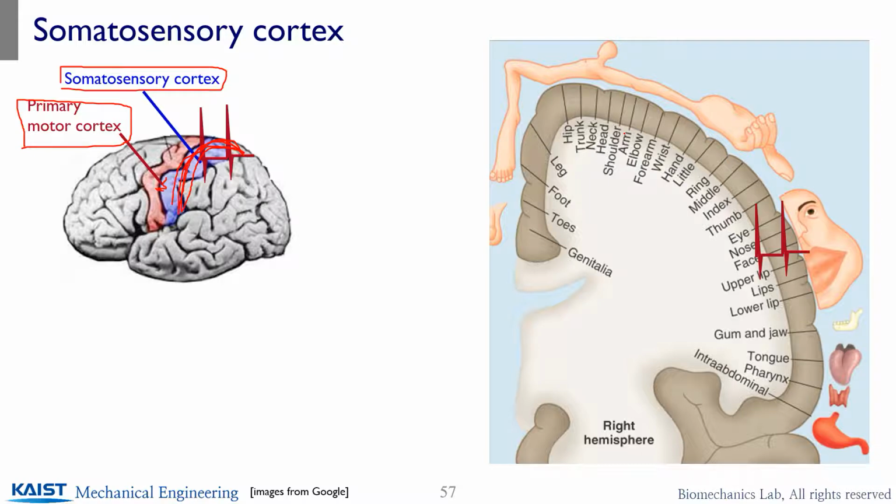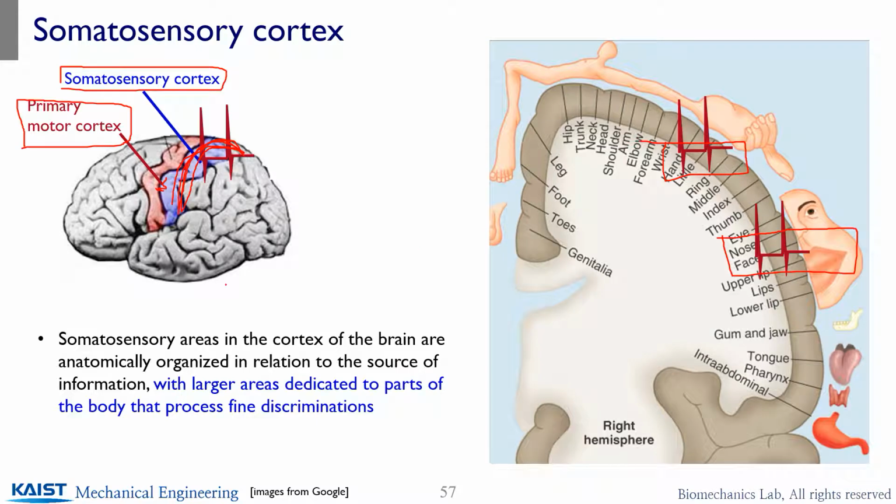That depends, because the nerve interpretation is allocated by position in your brain. For example, the mid part of your somatosensory cortex is allocated for interpreting signals as facial sensation, and the upper part of your somatosensory cortex is allocated for interpreting the upper limb and the hand. Okay, so as you can see here, the upper limb, hand, and face are allocated most of the